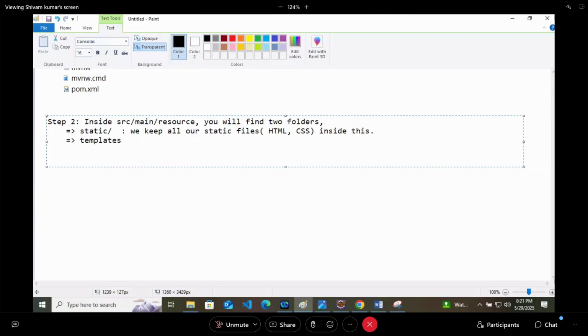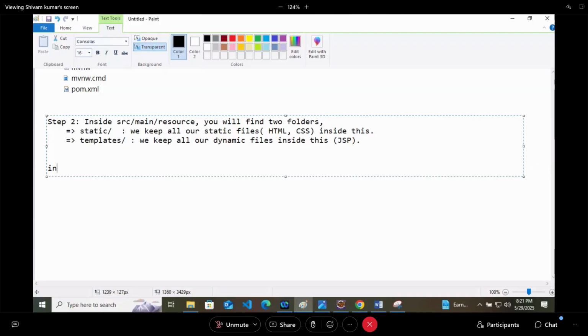Now, in the static folder, create an HTML file and name it index.html, and start your application.